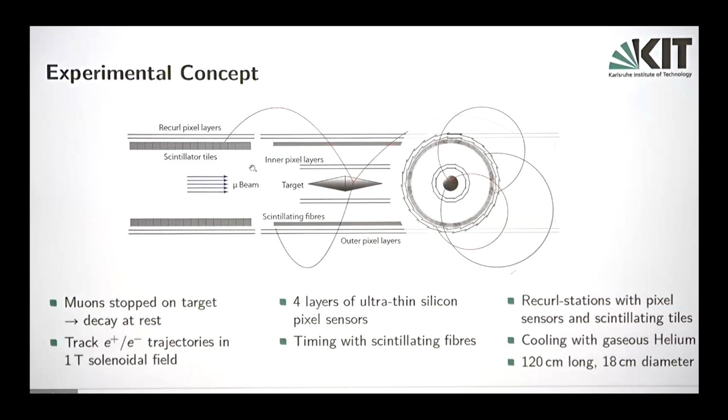So this is how it looks then in the cut-through version. Another aspect is we cool our detector with gaseous helium. We cannot afford any water cooling in the active target volume, and we opted for the smallest and safest Z material that we can have here. The whole thing is very small, 1.20 m long, and the phase 1 detector 18 centimeters in diameter. So this is basically a tabletop experiment although it's not standing on the table.